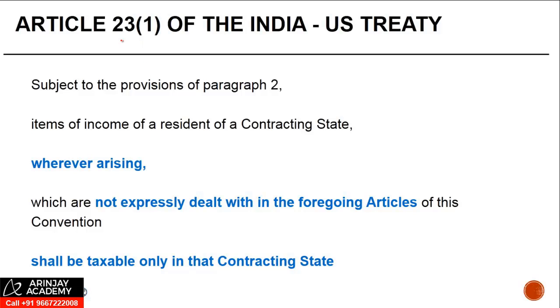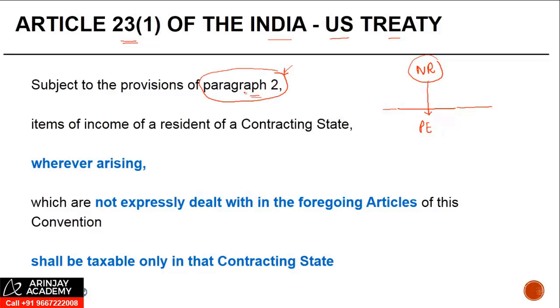Let us now look at Article 23(1) of the India-US Treaty. Subject to the provisions of paragraph 2. Now, let me just clarify here what paragraph 2 implies. Suppose there is a non-resident and he has a PE in India. In those cases, the attribution of income, which can actually fall under other income, will be taxed differently. Because of this reason, the taxation of a non-resident who has a PE in India is covered by paragraph 2,